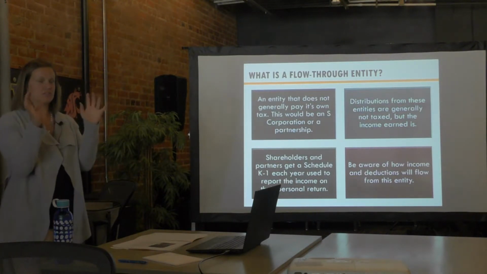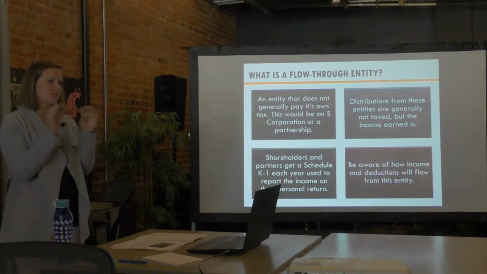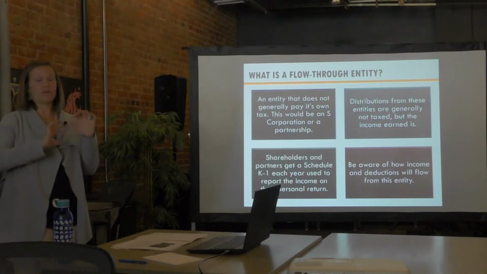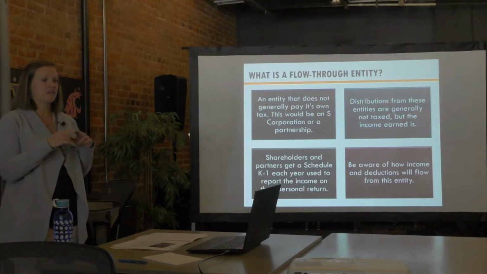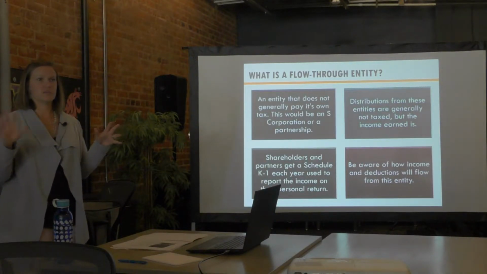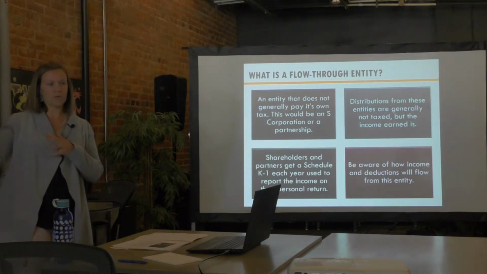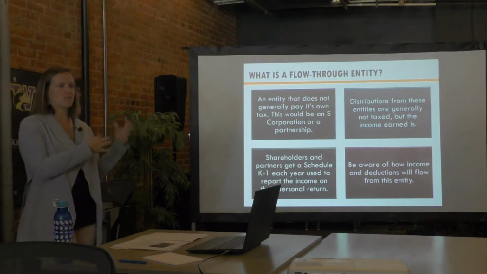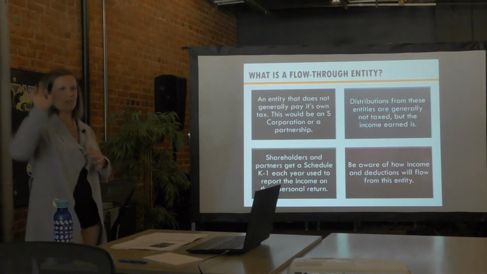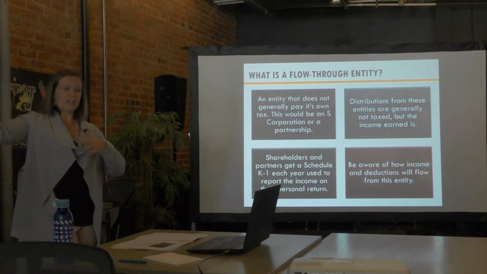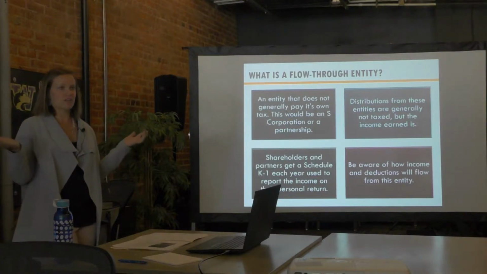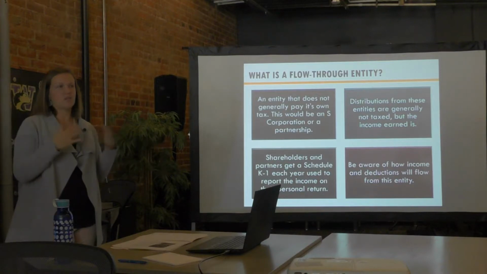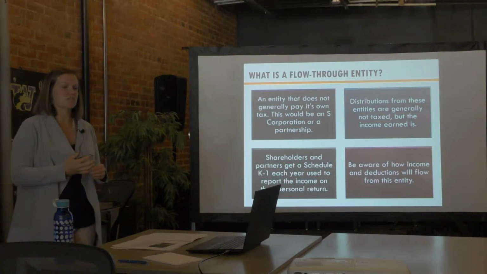So maybe there's $100,000 in income, but some of it is dividends, some of it's interest or gains, and those are taxed at different rates, even for different people. So if you have 5 owners and one person has a way wacky different situation than someone else, or even one has 19 kids and so they're in a different bracket and they have different credits than maybe someone that's more near retirement, those 2 owners might still get $100,000 income each, but this one will owe way less than this one. So just trying to be aware and plan as a group is always important.